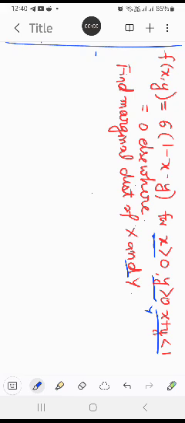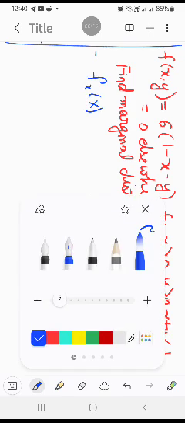See, in this question, it is given f(x,y) equals 6 into (1 minus x minus y) for x greater than 0, y greater than 0 and x plus y less than 1, and 0 elsewhere. So what we need to find? We need to find the marginal distribution of x and y. So if we need to find the marginal distribution of x, it is f_X(x), which is nothing but